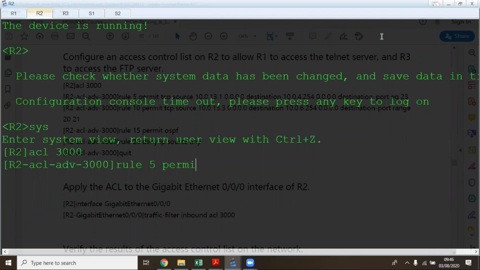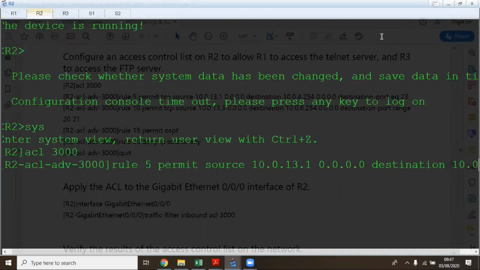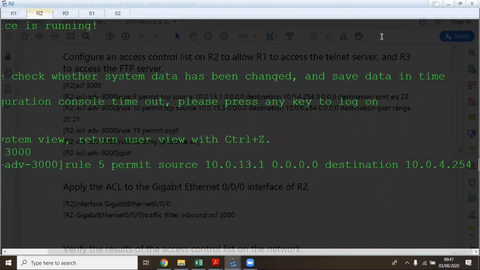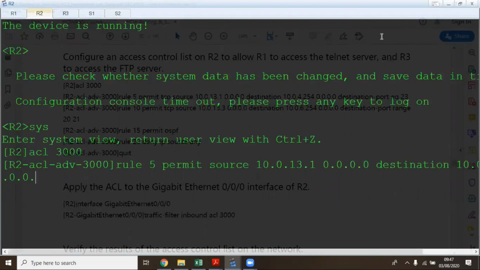We want to permit source 10.0.13.1 0.0.0.0 if it's going to the destination, so destination 10.0.4.254 0.0.0.0 like that. Then if the destination